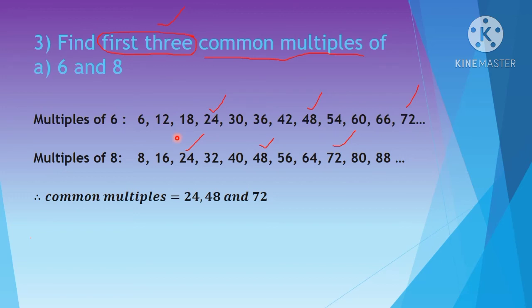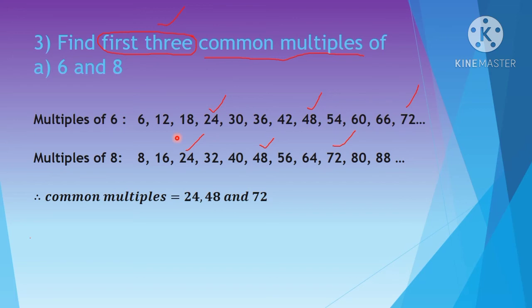Write it down, minimum 10 to 15 multiples. Okay, children, if you are not getting the answer, then you can continue the remaining multiples. So first you write it down at least for 10. Next, multiples of 8. So write the 8th table. Next, find out whether any common multiples are there.